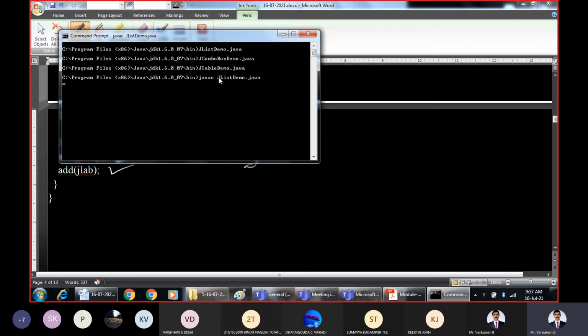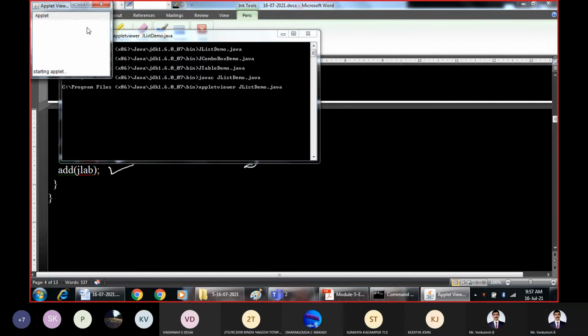It's being compiled. Right. Now let's make use of appletviewer. JList demo.